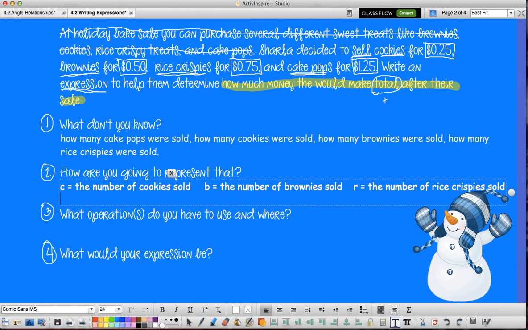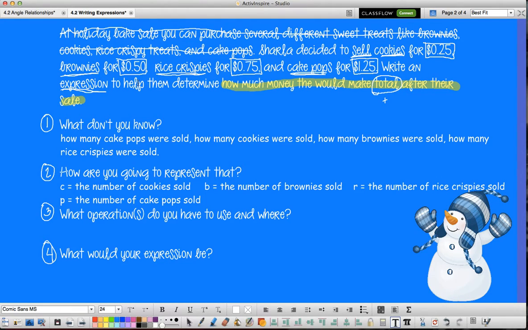And then I have Cake Pops left. Again, C is used, so I'm going to use P. And P represents the number of Cake Pops sold. All right, so now we're looking at what operations do we need to use and where. So I know that in order to find out, so we have to think, in order to find out how